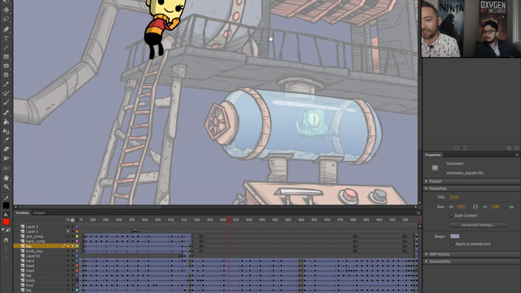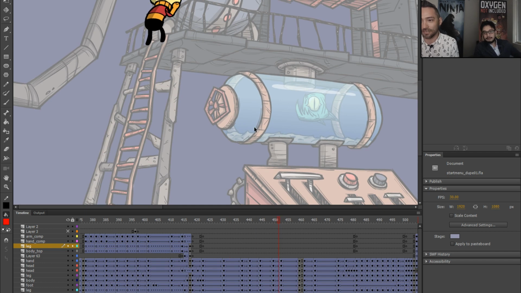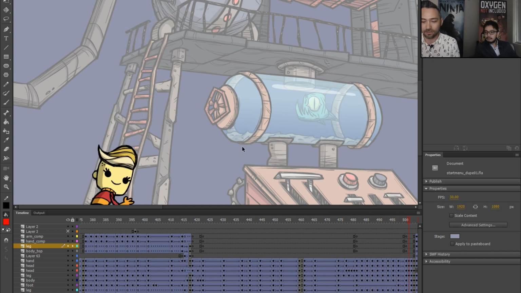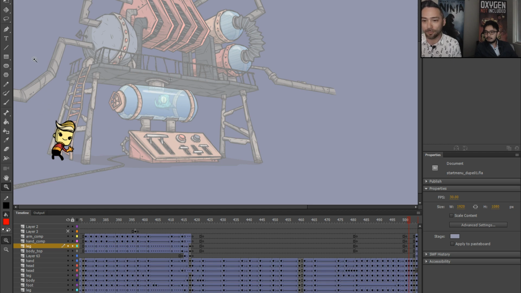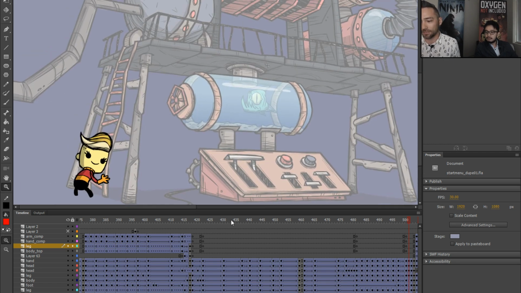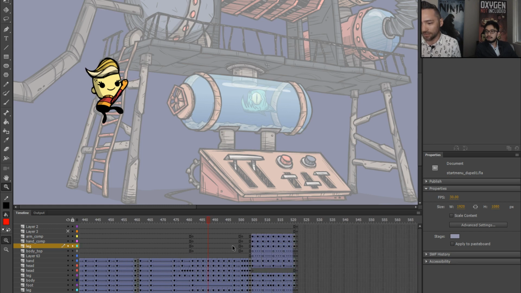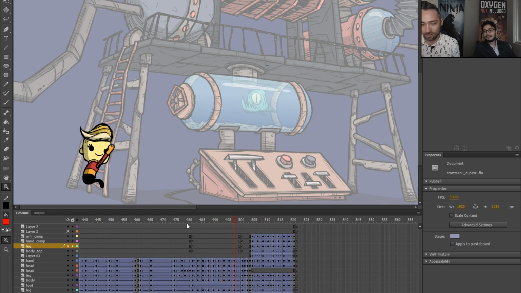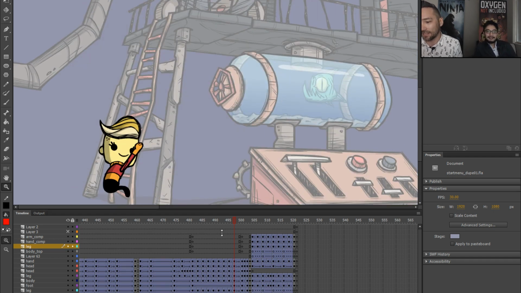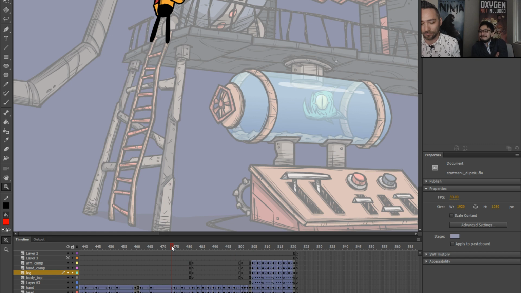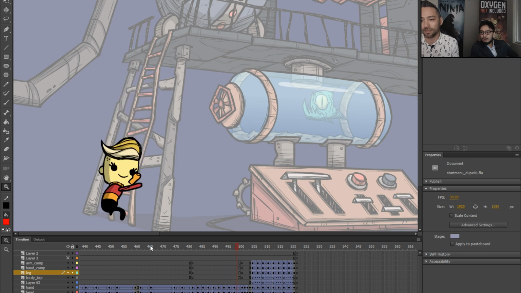So yeah. The idea with this action was just to go down the ladder in a different way than she came up it. And I thought it'd be funny if she did a ladder slide, which again, you don't see in the game. They don't ladder slide. And her head's so big that, again, this is something I think you feel more than see, but she's actually knocking her head on the ladder steps. So yeah, you don't really see that in the game or in the animation, but you kind of feel it. I think Jambel might have even done sound for it. So yeah,